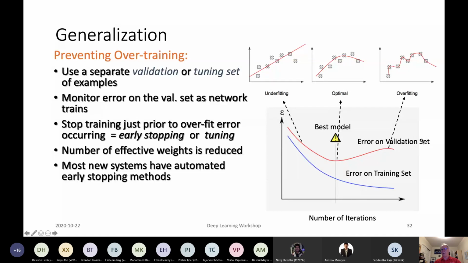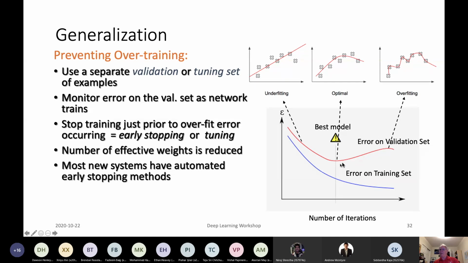So one of the keys to solving this problem is that we monitor a second set of data we call the validation set or the tuning set. Early on, the tuning set will show us that we underfit. We're not doing very well in terms of error. We need to get our error down here. This blue line is the training set error. The red line is the validation set error. The validation set error drops and drops and finally hits a minimum, and then it starts to come up.